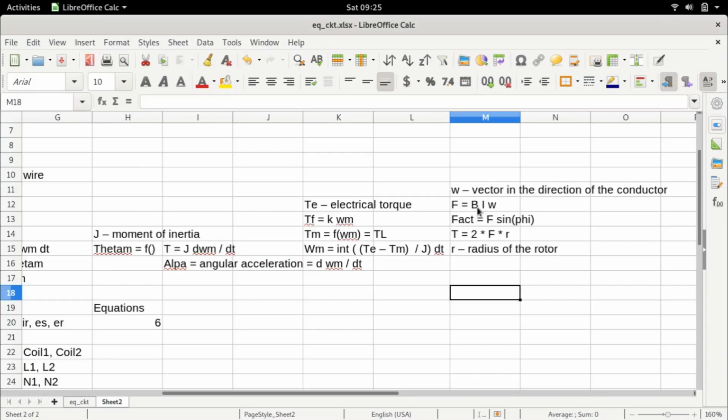Now the question you might ask is, is it possible to calculate B? Yes, it is possible to calculate B. How do we calculate B? We can calculate B by using the information about the magnetic circuit. So for example, if Ns is the number of stator conductors in a particular slot, and these stator conductors are carrying a current I, which is the stator current, then the ampere turns produced by the stator slots